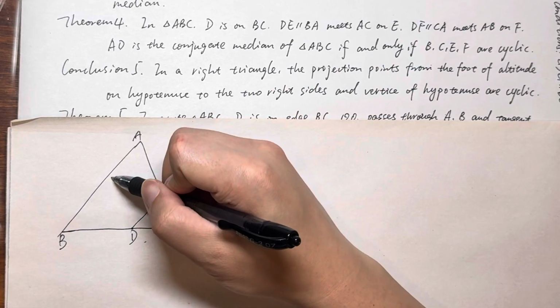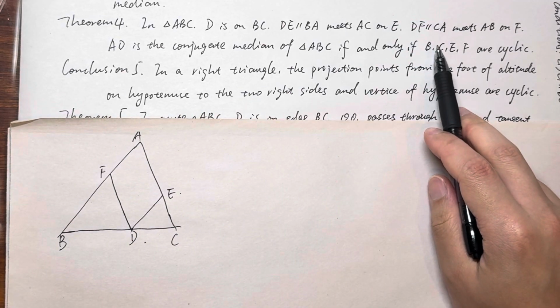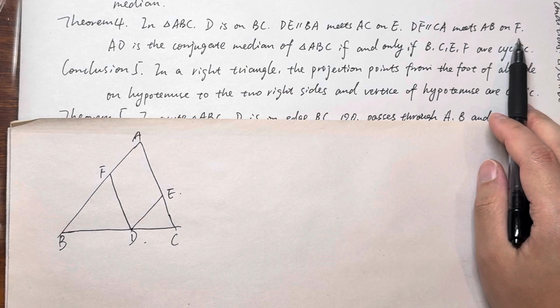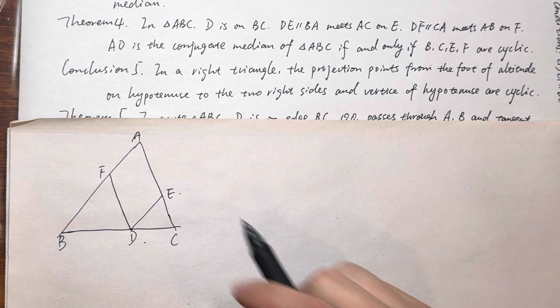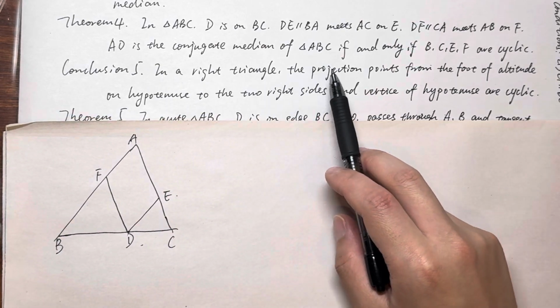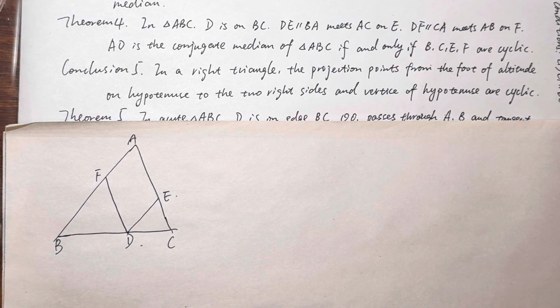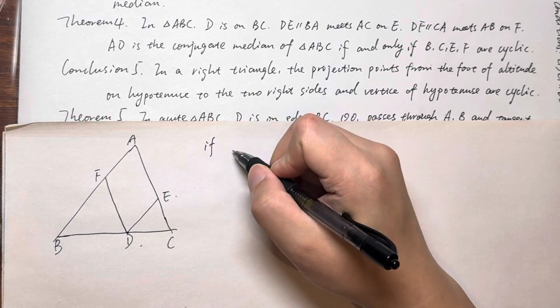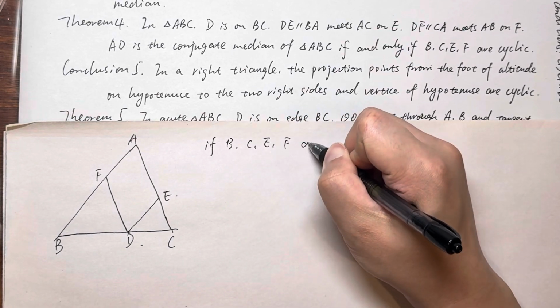DF is parallel with CA and meets AB at F. AD is a conjugate median of triangle ABC if and only if B, C, E, F are cyclic. So we can assume that if B, C, E, F are cyclic,